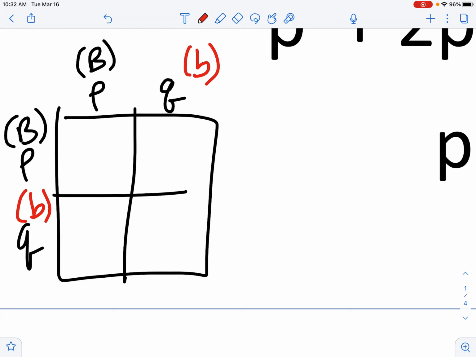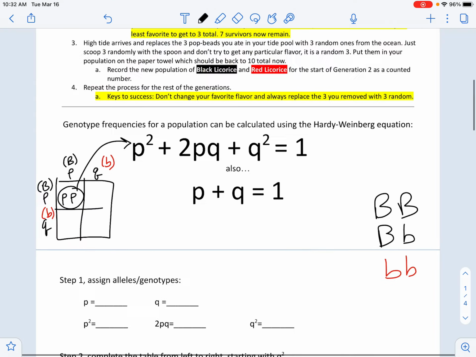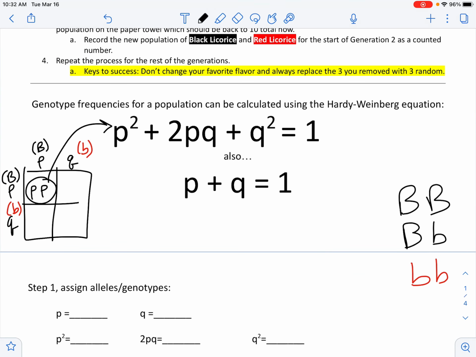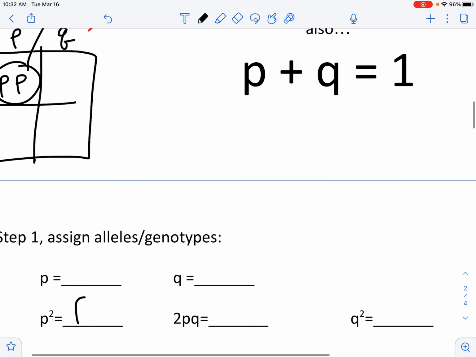So when you do this Punnett square cross, I'll use black there. So this one is that. And isn't that basically the same thing as saying P squared, P times P? And so P squared represents, here it is on here, P squared represents this